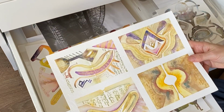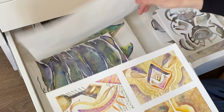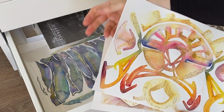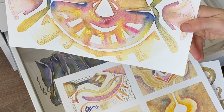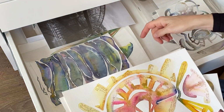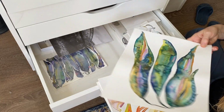Okay, that's Archangel Metatron and Angel Codes. I don't remember who this is. I think this was a pure channel with no actual, I don't know if you can see the shimmery on that right now. No actual group came through. That was a specific one. And then these are some of my